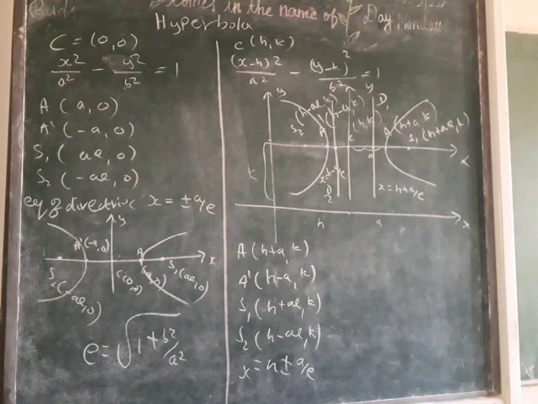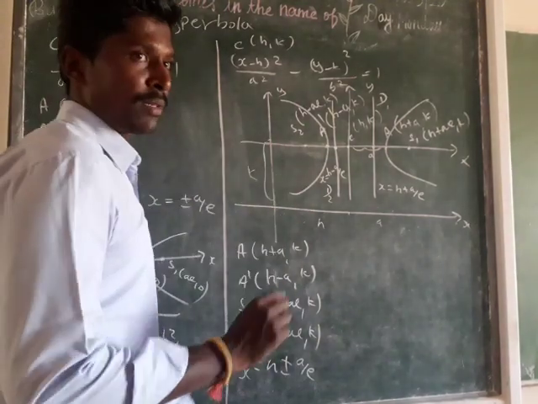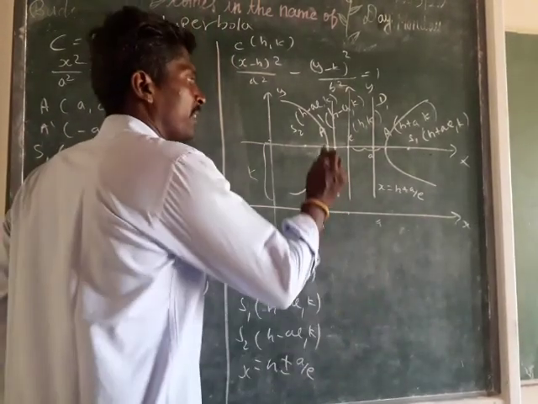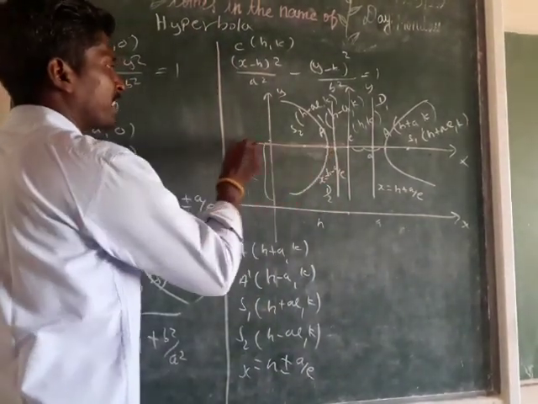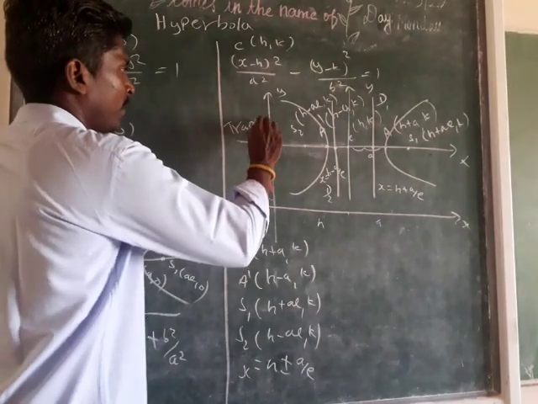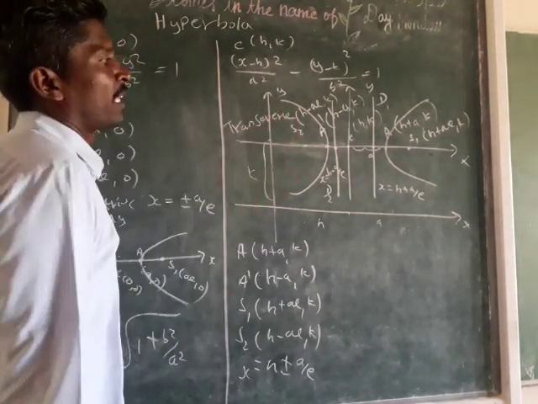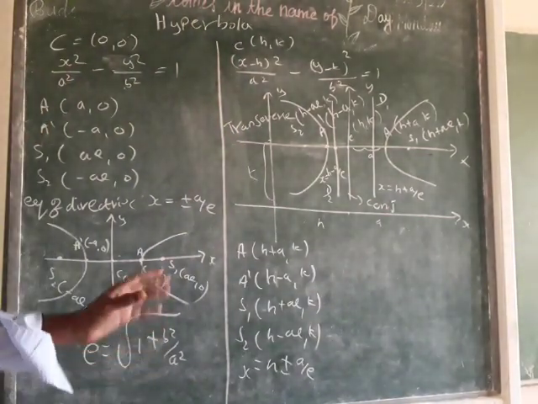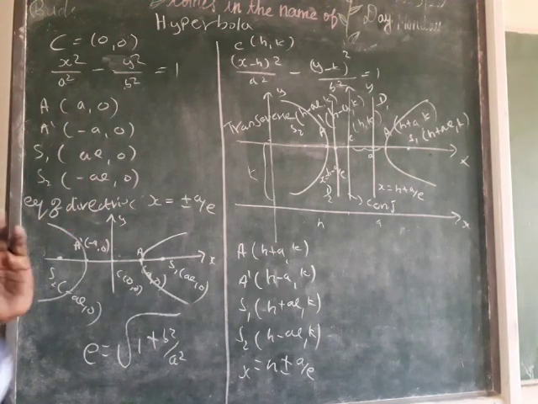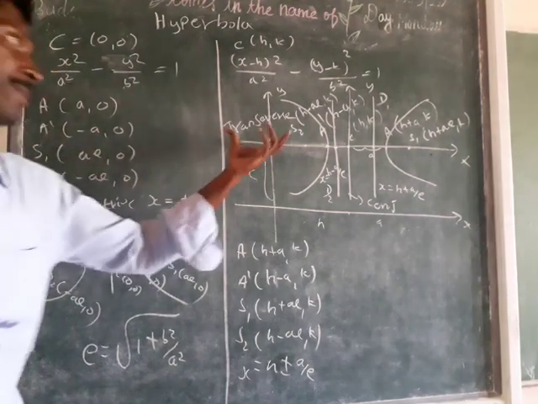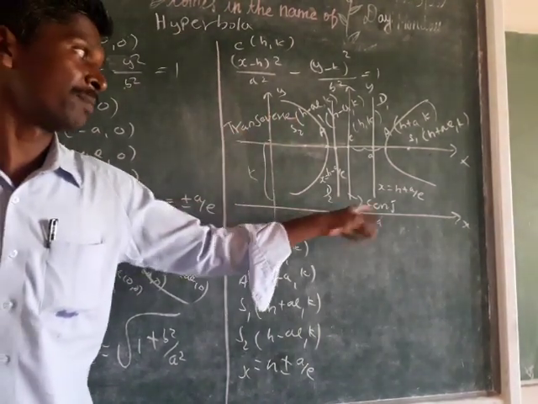This is the main thing when you think about the hyperbola parallel to the x-axis. In the ellipse, they gave the names major axis and minor axis. When you come to the hyperbola, instead of major axis use the word transverse axis, and the minor axis is mentioned as the conjugate axis. They use the terms length of the transverse axis and length of the conjugate axis. In the ellipse, we use major axis and minor axis. Here, major axis means transverse axis in the hyperbola, and minor axis means conjugate axis.